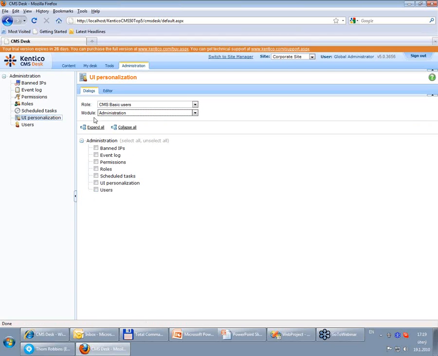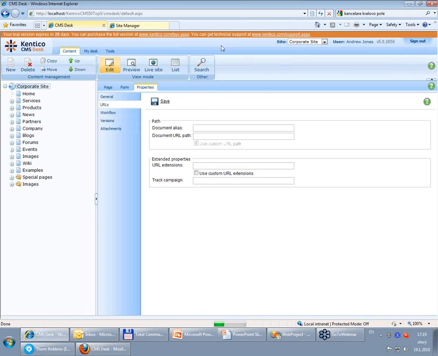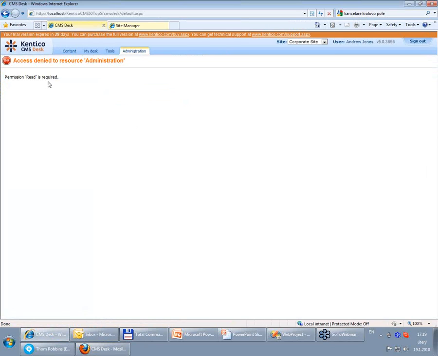So this is basically about UI personalization settings, some basic settings. Of course, you can create a new role and assign the role with the permissions. For example, here you can see our basic users do not have any permission access to sections of administration. If you look at the main menu, the CMS desk menu, he doesn't see the administration section itself,